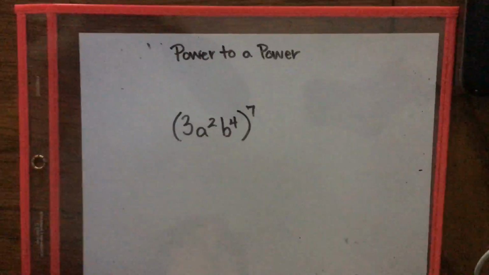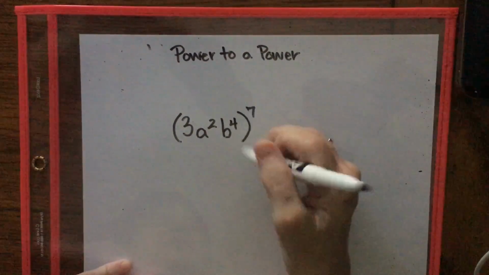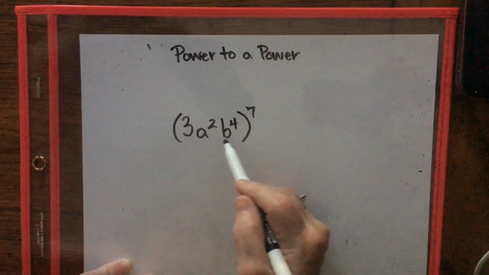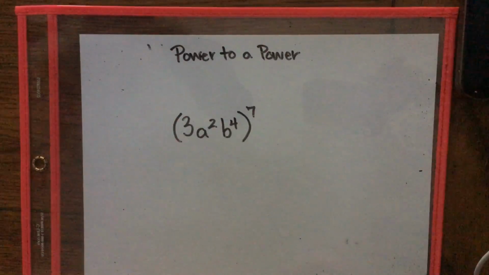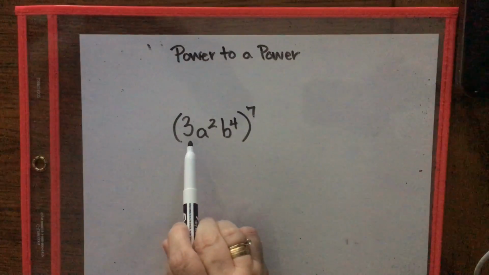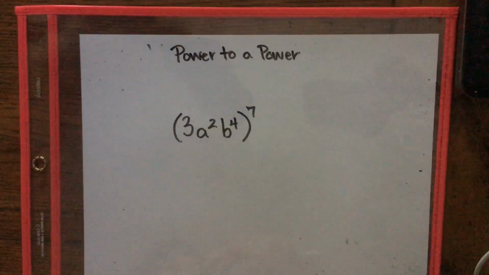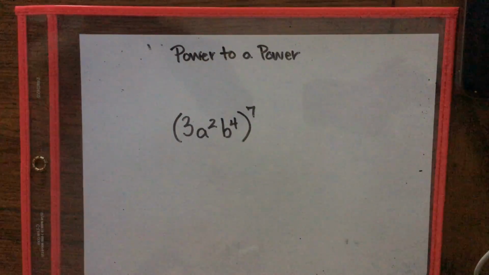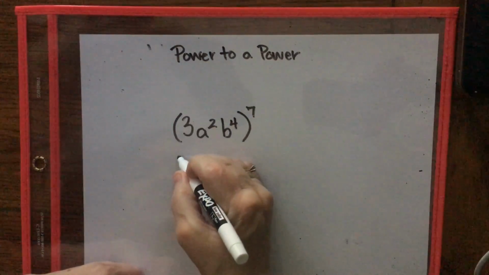All right, so power to a power. So remember, we can take whatever this exponent is on the outside and multiply it by all of our bases on the inside. So for this one, this is where a lot of people get tripped up, so be careful with this. So you figure, well, I don't need to do anything with the 3. It doesn't have an exponent. But remember, our x equals something, that coefficient or that number in front of x is 1, even though we don't write it. So when we do this,